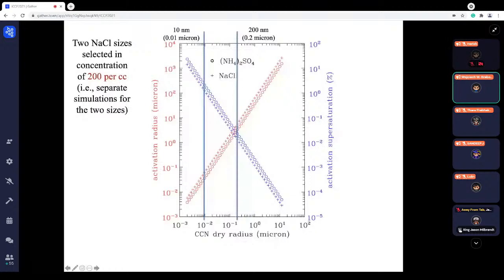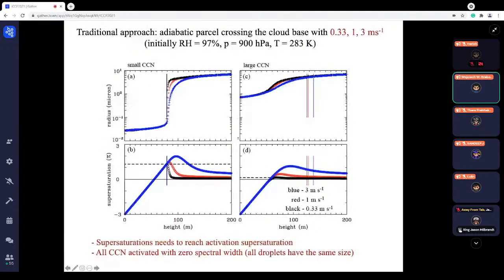Okay. Now, the classical picture is that you take an adiabatic parcel. So this is a traditional approach. And I've selected 3 updrafts, 1/3 of a meter, 1, and 3 meters a second, sensible values that you expect a little bit below the cloud base, 97%, 900 hectopascals, 283 Kelvin. And then the parcel rises, so this is distance, and those panels show either radius or supersaturation. This is small CCN on the left, large CCN on the right, and lines here show you the moment that the activation happens. So, and those different